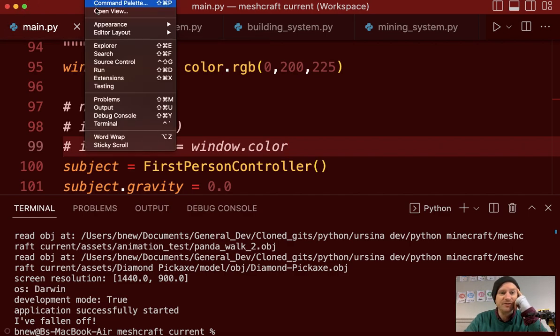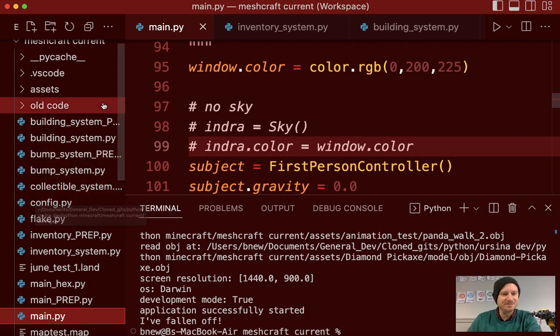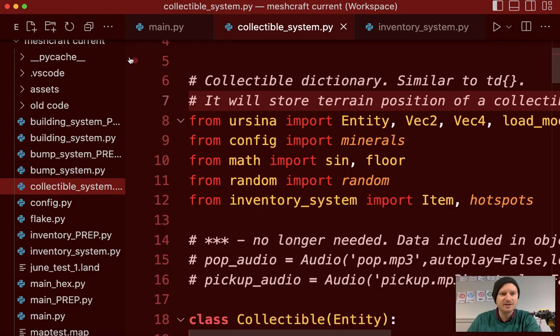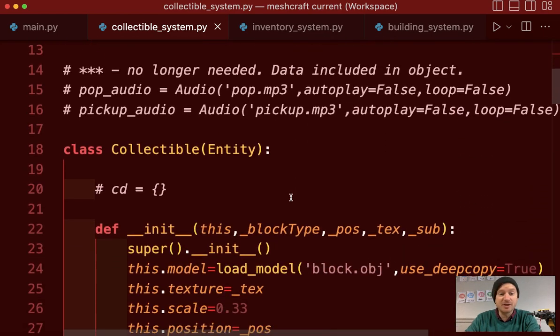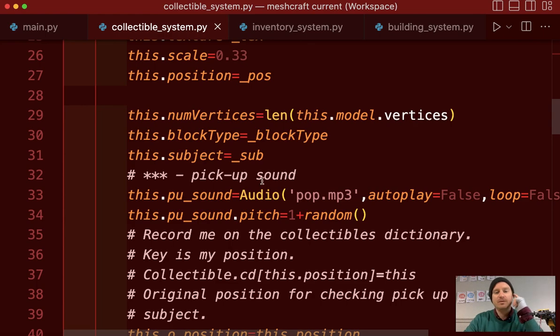I need to view the Explorer. I was just using the trackpad and I've got a mouse over here. Collectible system. Here we go. Close down the terminal. Give ourselves some more room. Wonderful. I'm going back to the trackpad. Easy to scroll down. There we go. Look, we've got pickup sounds. This dot pickup sound equals